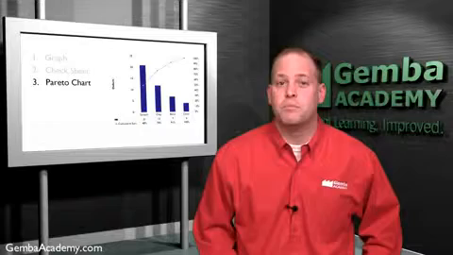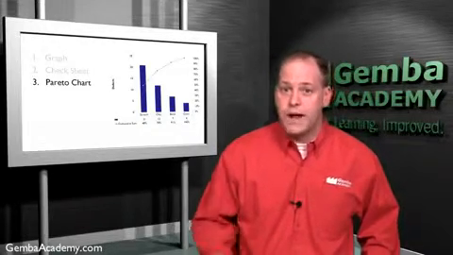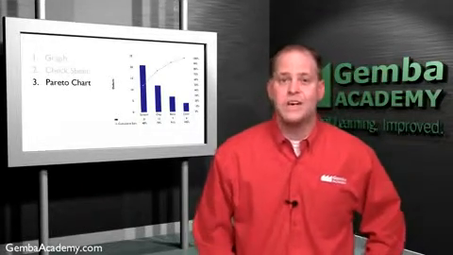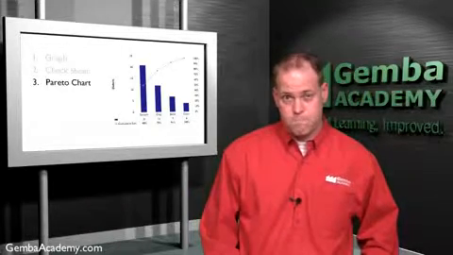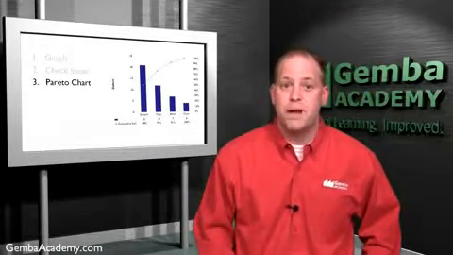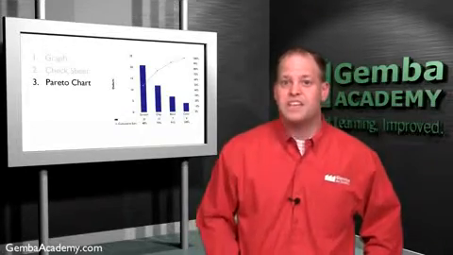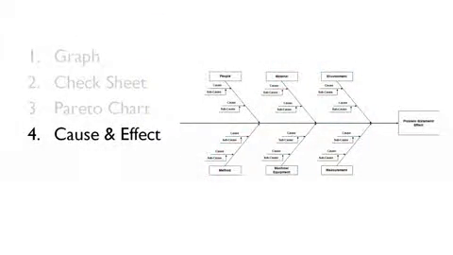And as a reminder, Pareto charts get their name from Vilfredo Pareto, the Italian economist who was the first to identify the so-called 80-20 rule. Well, the fourth tool, invented by the aforementioned Dr. Ishikawa, is the cause and effect diagram, sometimes called the fishbone. Now, the cause and effect diagram systematically arranges the results of effects and the factors that influence them. With this information, we're able to classify causes and their potential influence on the problem at hand.